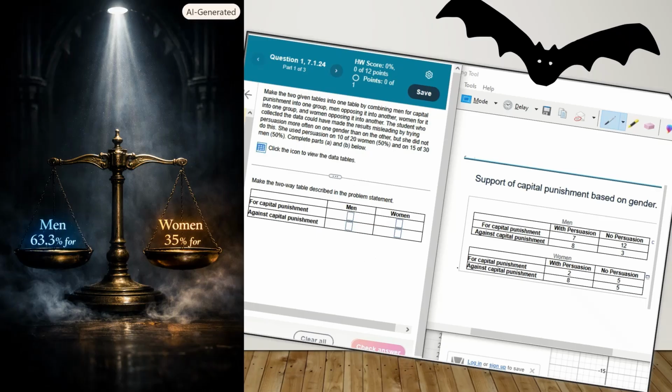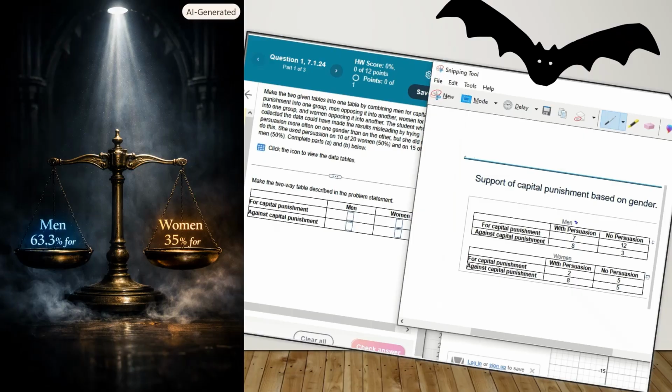So what we've got to do here, and this can be a little confusing, notice that we have a table here as two separate tables, one for men and one for women. We want to put it into a format like this where we have all the men over here. So what that would require